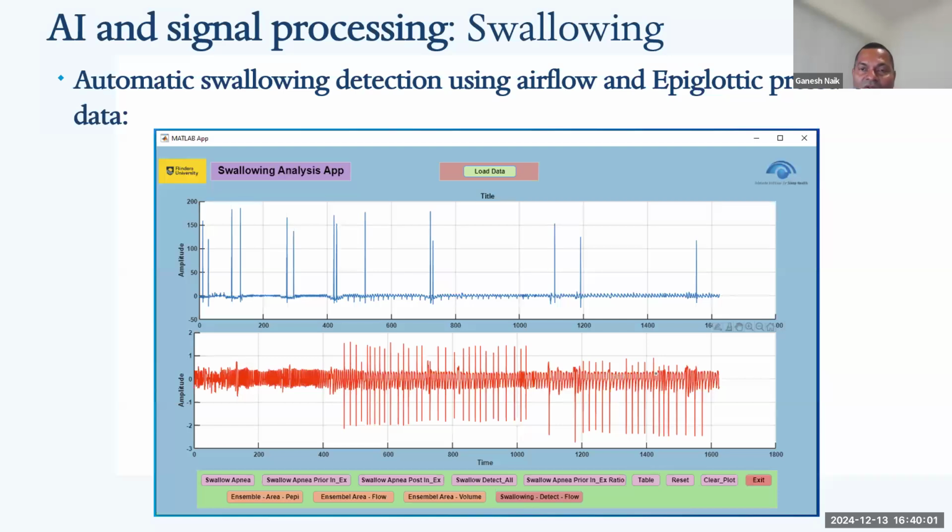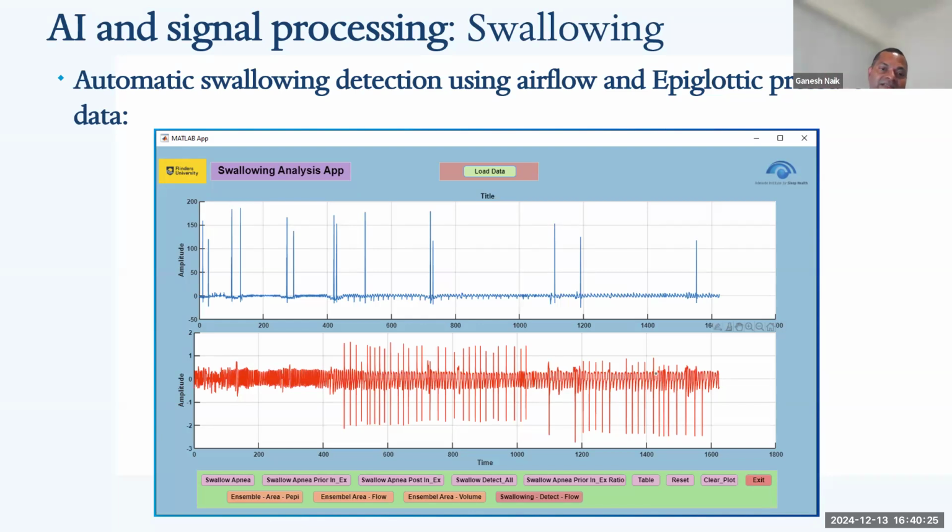Basically, for swallowing, I developed this precise algorithm. Whenever swallowing happens, the epiglottic pressure signal goes up. That means there is a spike in the epiglottic pressure, and at the same time, the flow signal goes flat. So that's how the normal